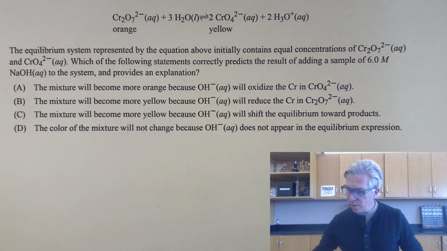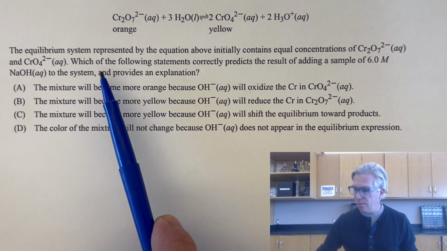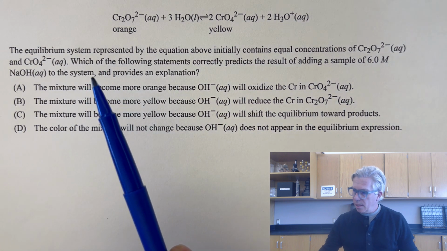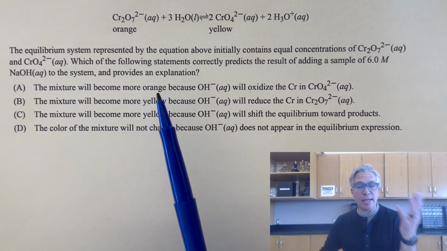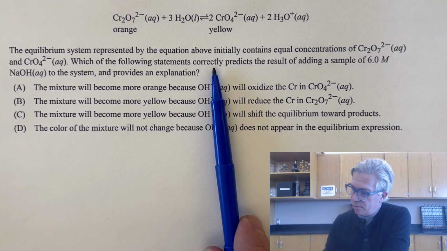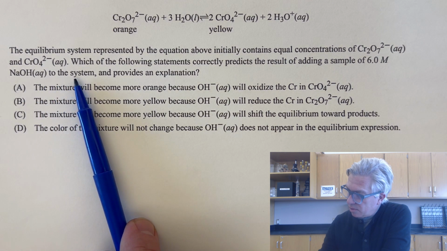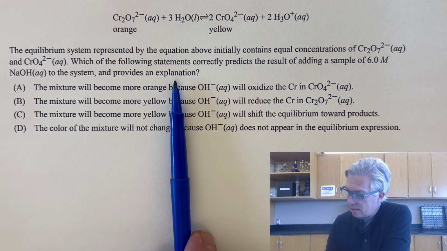Another kind of trickier one, we have a dichromate equilibrium up here, dichromate and chromate, orange and yellow. And we're asked, again, pause the video if you ever want to just read it a little more carefully. I'm kind of running through these pretty quick. Which of the following statements correctly predicts the result of adding a sample of 6 molar NaOH to the system